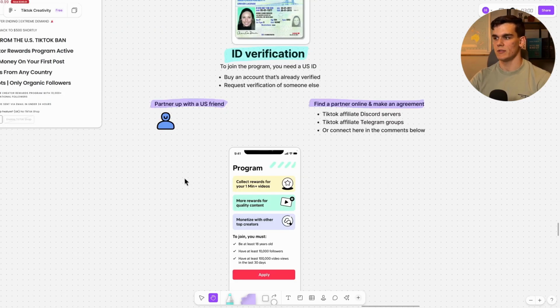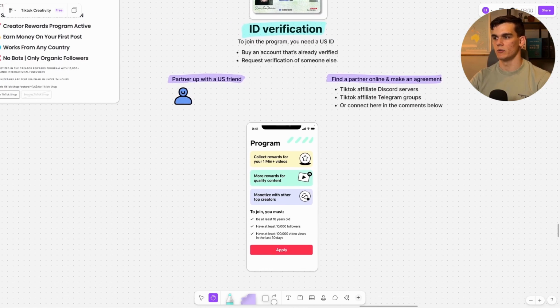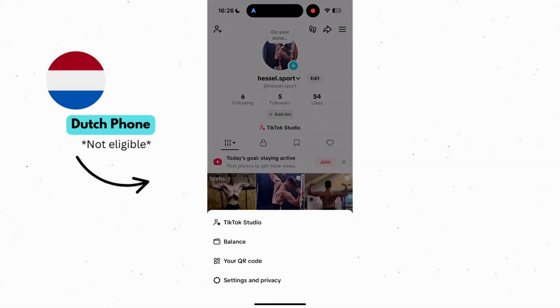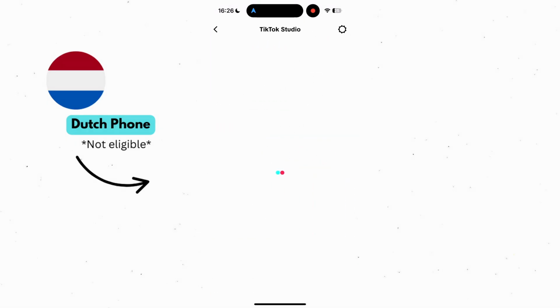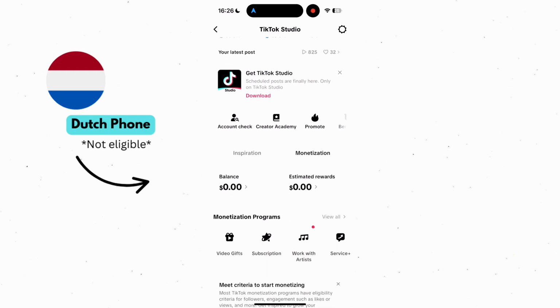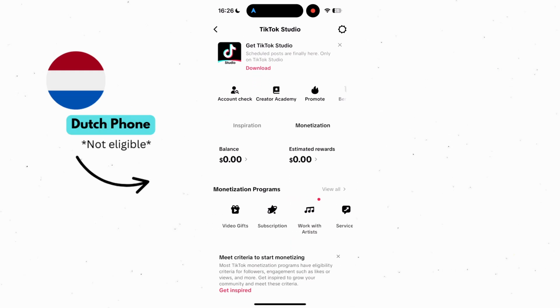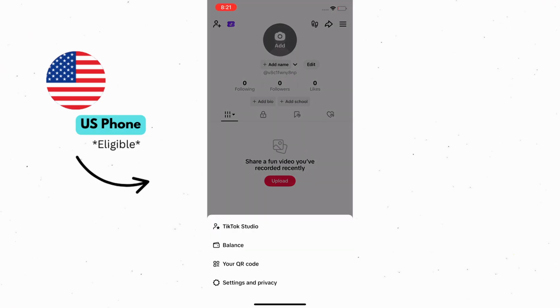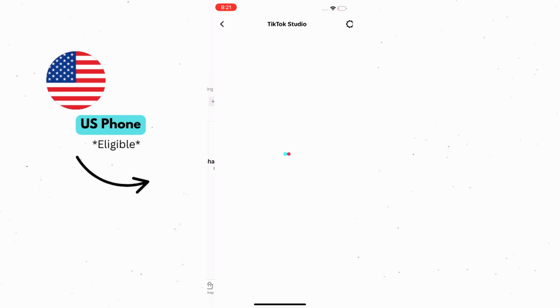Now I'll also show you that this actually works. So when I go to TikTok on my personal phone, right here, I can go to TikTok Studio right here, and then it loads. And then I go to monetization. As you can see, it does not show the Creator Rewards program and also doesn't show the affiliate feature for TikTok Shop. However, when I do the exact same thing on my American phone, go to TikTok Studio right here,